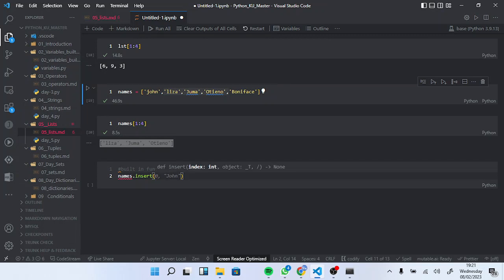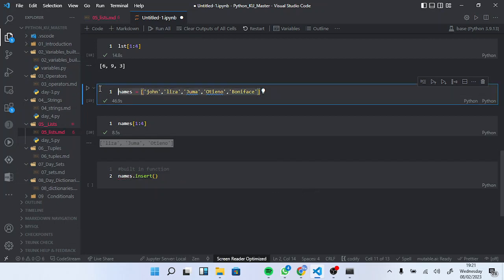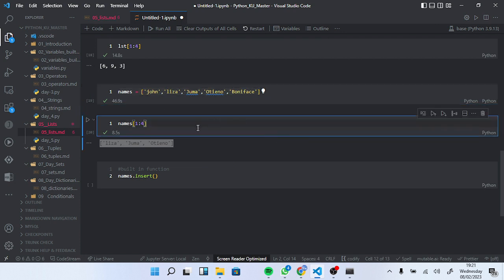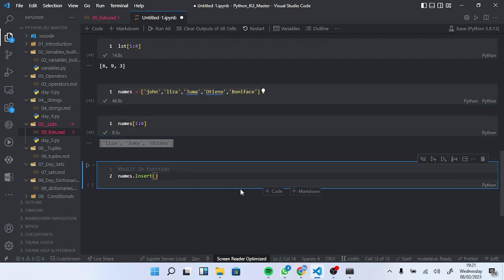From there you give two values. First of all, you give the position of the value you want to add. Remember, we want to add a name in this list. So I'll just specify two values here. The first one is the position. So maybe if I want the